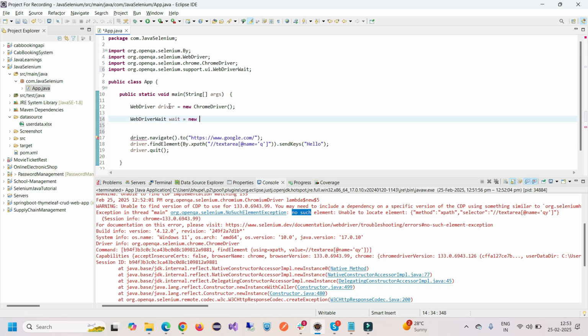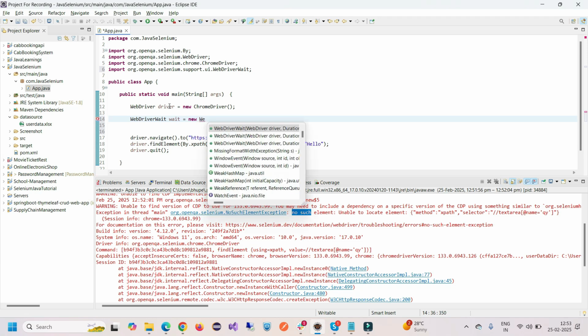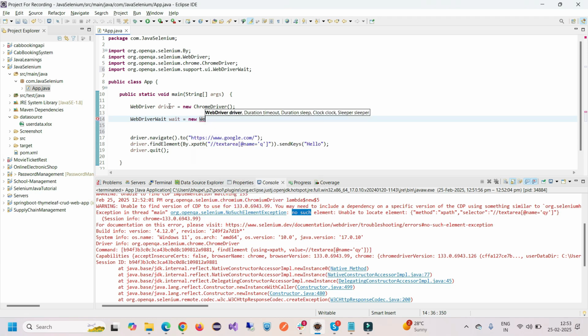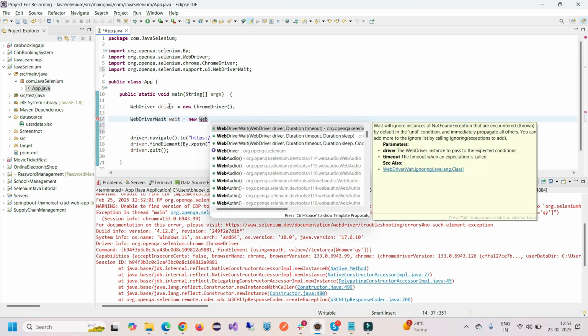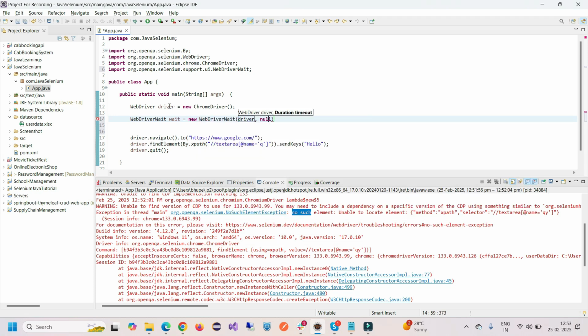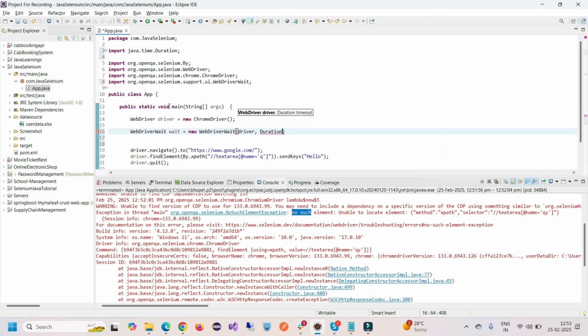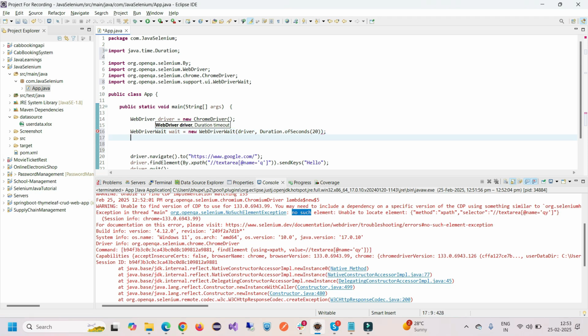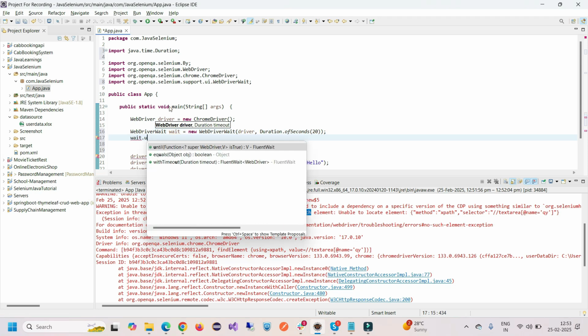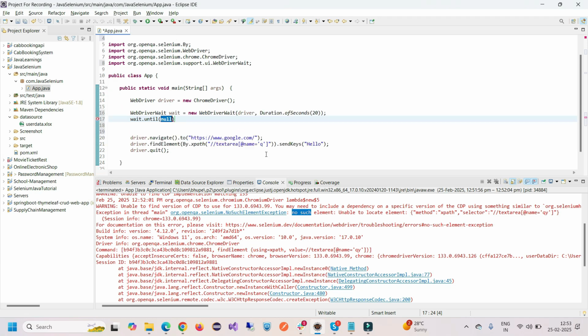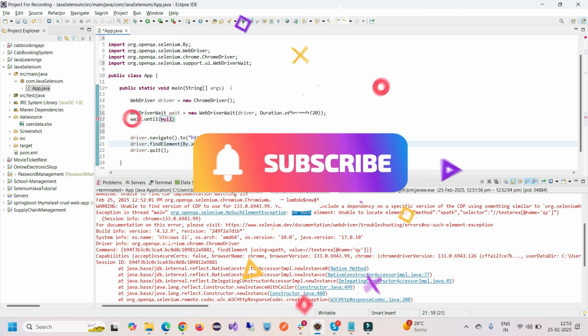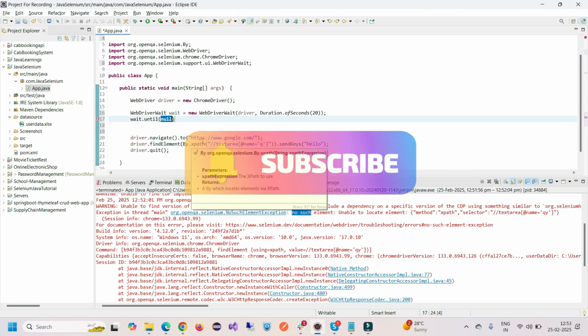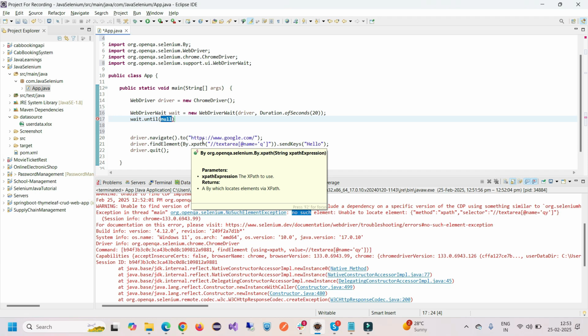How can you handle this? So what we can do is WebDriverWait wait equals new WebDriverWait, and we can pass a driver and a duration here. So let's say Duration.ofSeconds, let's say 20 seconds. So we are putting an explicit wait over there, and this wait will help us to wait until this element is loaded properly on the page. Okay, so we can say wait.until